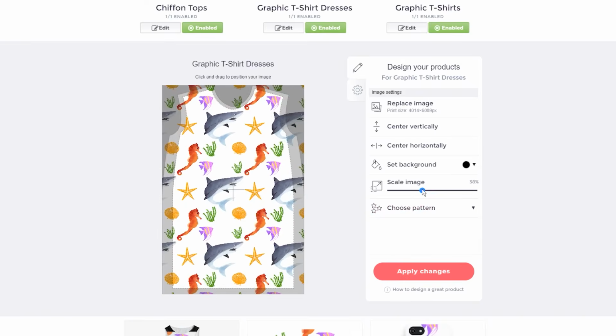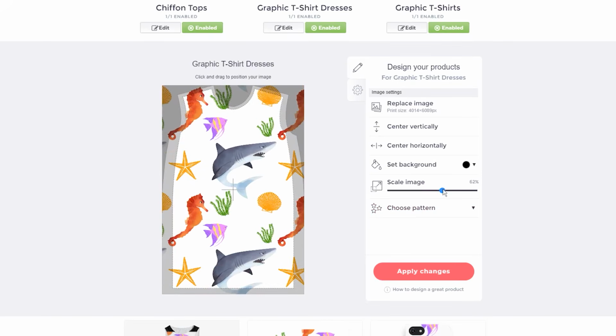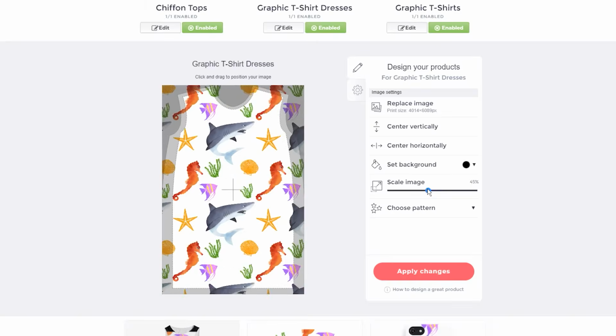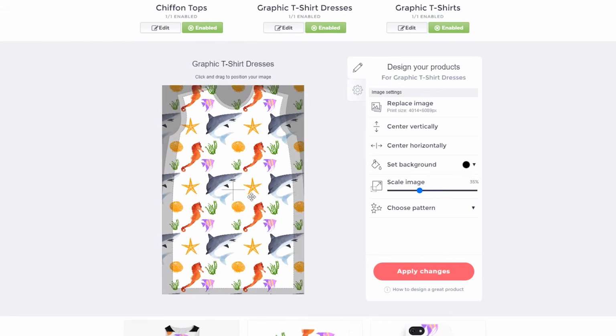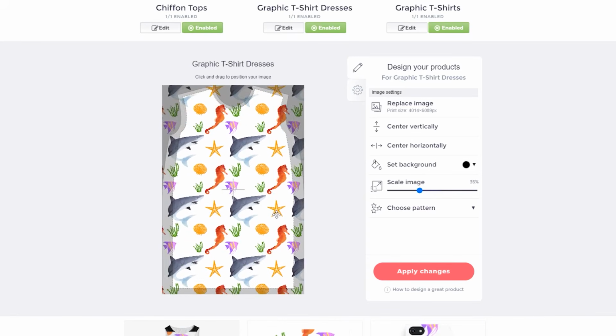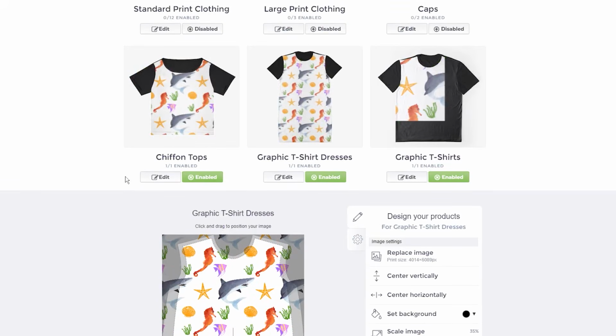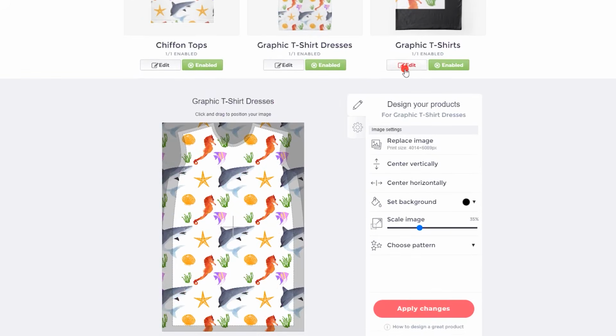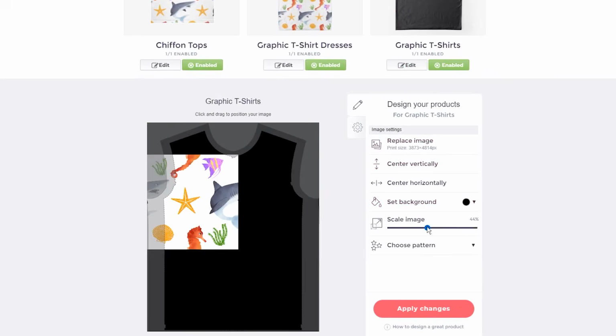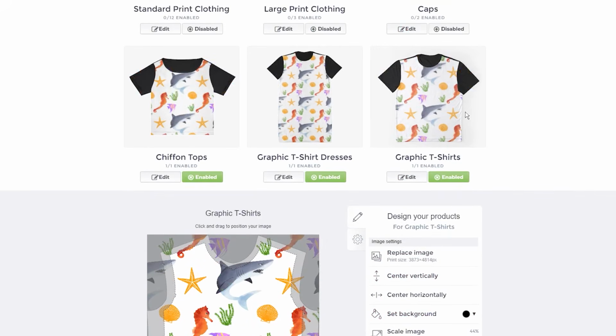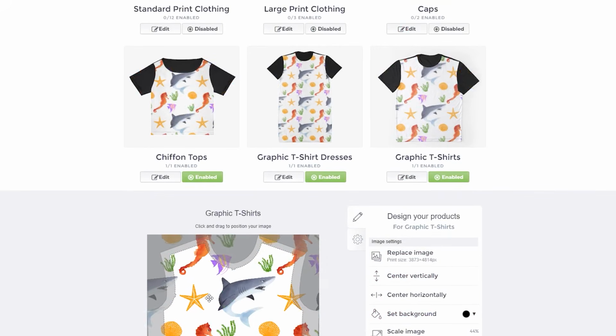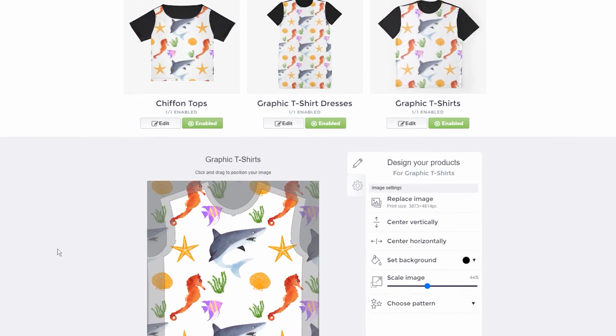seamless pattern. At this point, I go over all the products and enable only products where the pattern makes sense. Just make sure it looks good, don't make the image too big or too small. Just think to yourself, do I like it? Would I buy it? I hope this short tutorial was helpful,